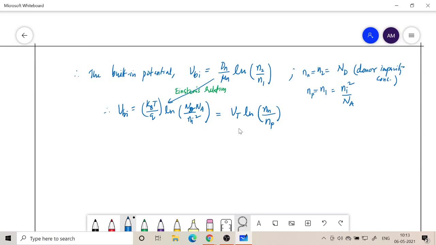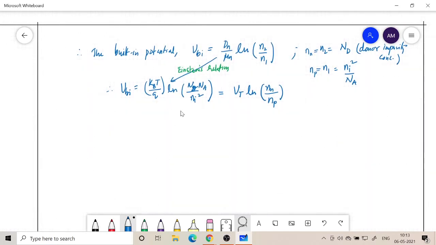And for silicon, if you evaluate this for the same doping concentration, you will see that the built-in voltage is going to be larger. So built-in voltage is somehow related with the cut-in voltage, it decides the cut-in voltage. For germanium, if you evaluate, the built-in voltage comes around 0.3. For silicon, it will come around 0.65, 0.7, etc.